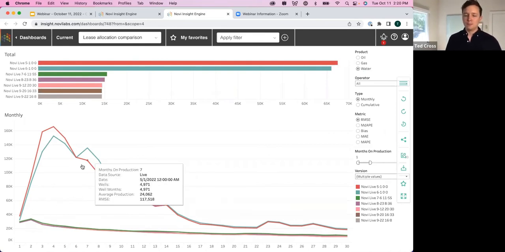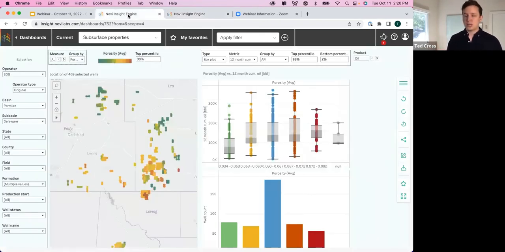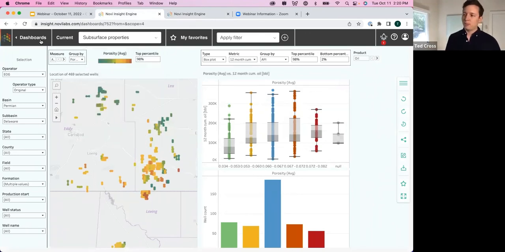So that one's a tricky problem, but we're very happy with the progress that we've made here. We believe at this point we're the best in the business at it. So if you want to talk in some more detail about our production allocation, drop us a note, and we'd be happy to go into that with some more detail for you guys.